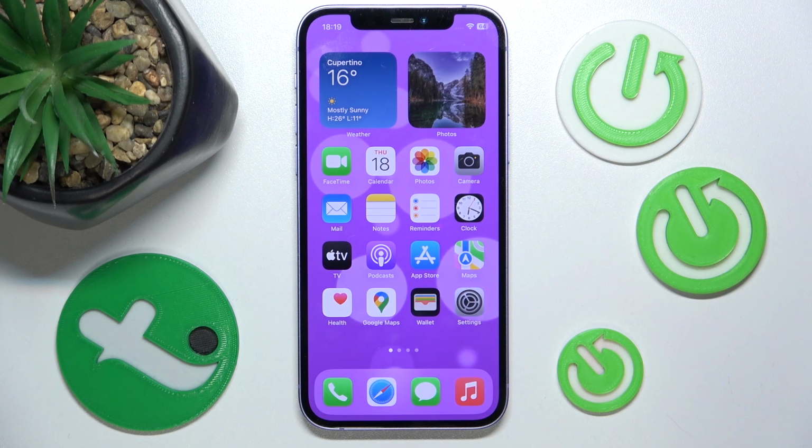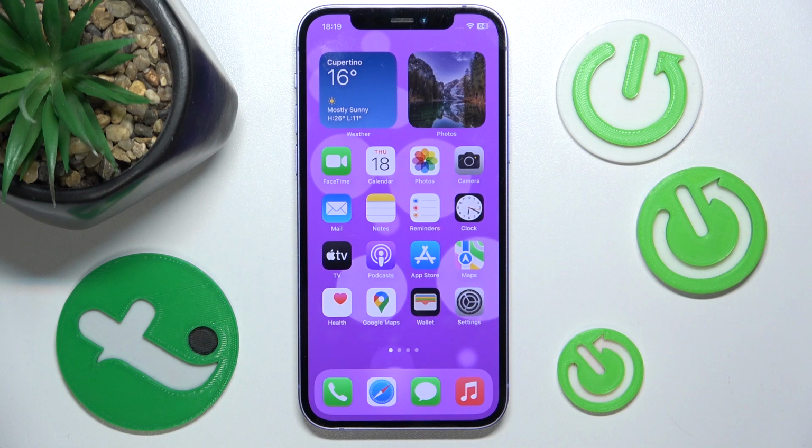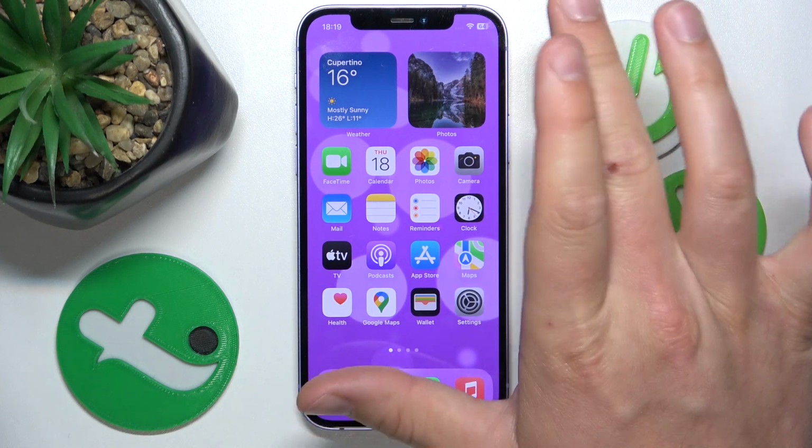Hello, in this video I'm going to show you how to turn on or off the LED flashlight for notification alerts on iPhone. So today in front of me is the iPhone 12 with the iOS 17.4, but it really doesn't matter which